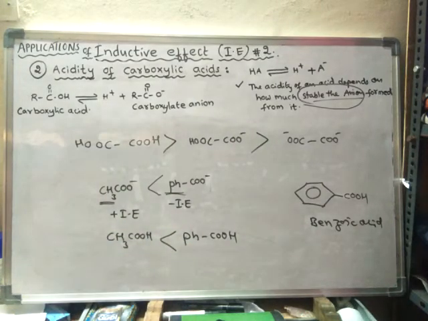any two given acids. For the comparison of any two given acids, we have to convert those acids into anions, and now we have to compare the stability of those anions. To compare the stability of those anions, first we have to see that the anion is connected to which group, minus IE group or plus IE group. So inductive effect helps us to compare the acidity of carboxylic acids. So acidity of carboxylic acids can be learned like this.